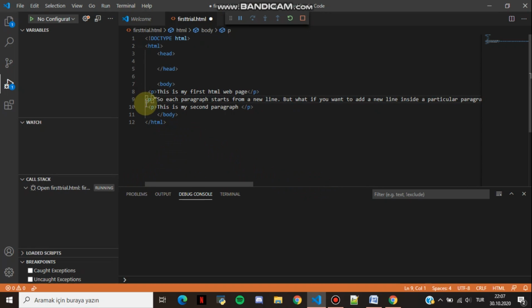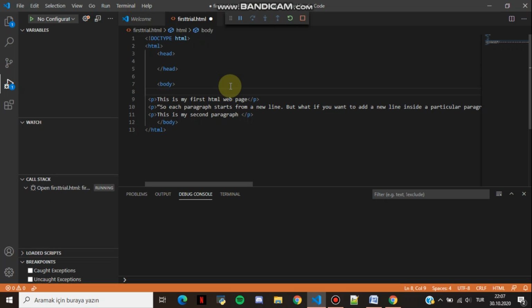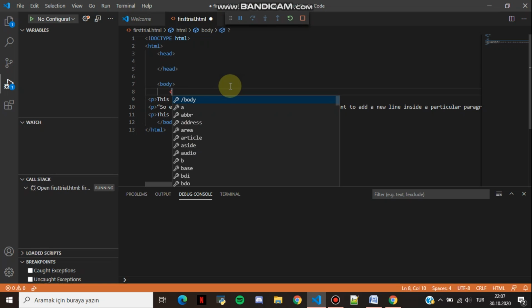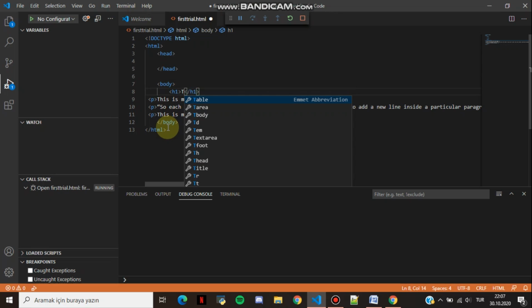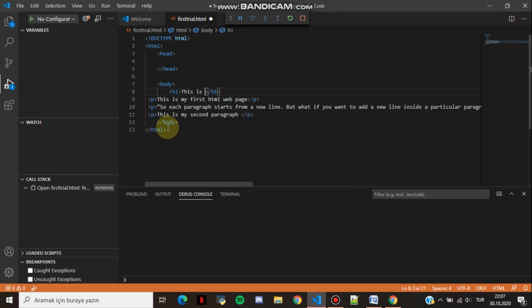But before starting the changes, I also want to put some headers. It's very easy actually. We should put H and a number for our headers. This is my first header,